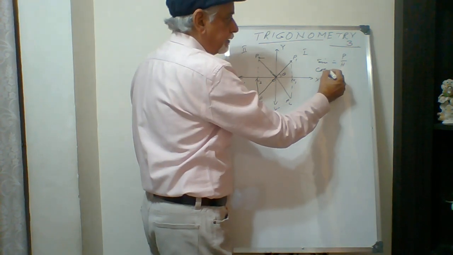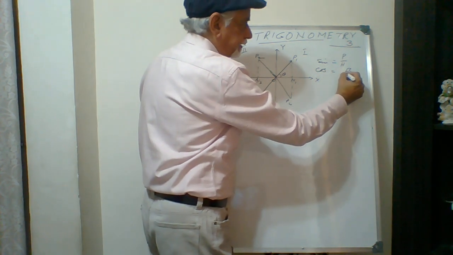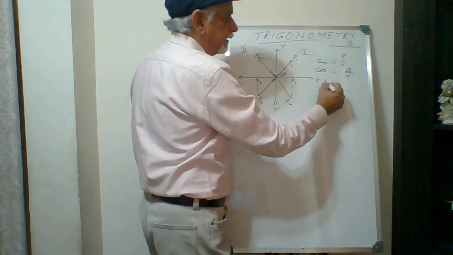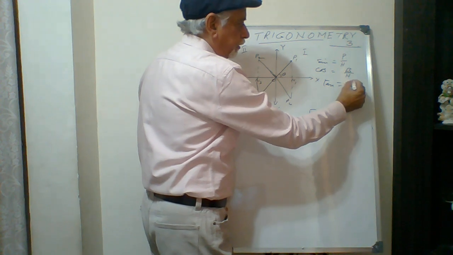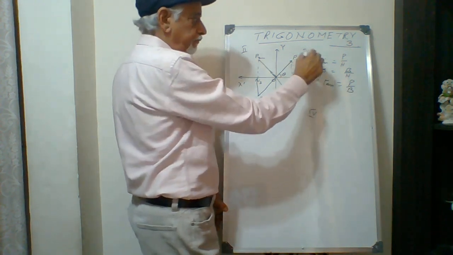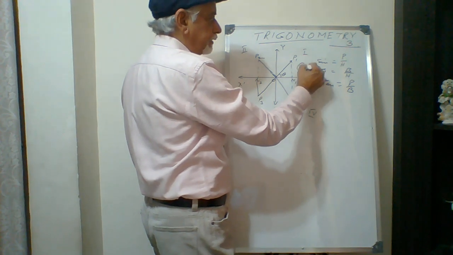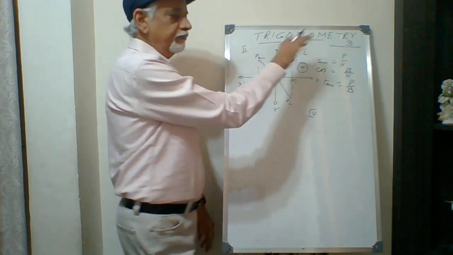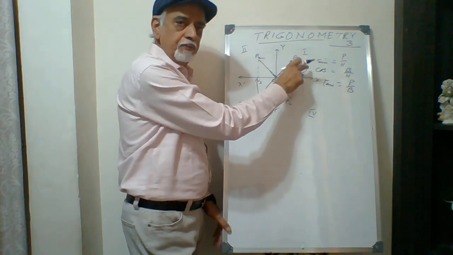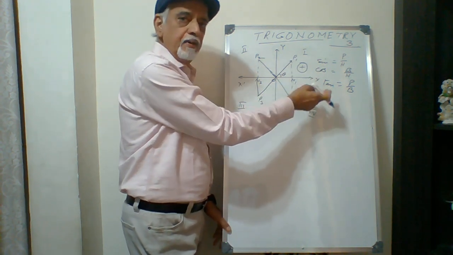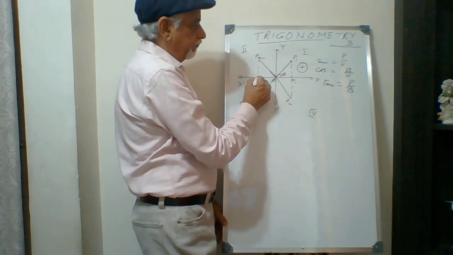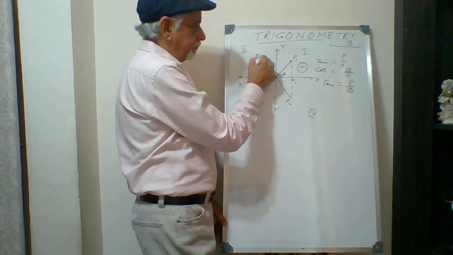Cos is also positive because it is B over H. So B is positive, H is positive. Tan is called P over B. So perpendicular and base both are positive. So everything is positive. We write positive here. If sine is positive, reciprocal of that, cosec, is positive; cos is positive, sec is positive; tan is positive, cot is positive. Looking here, ON is negative, but this is positive, this is positive.